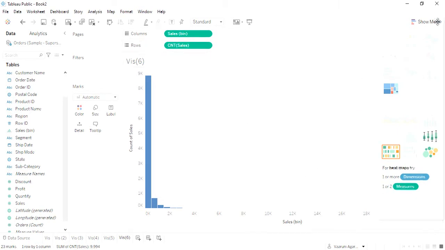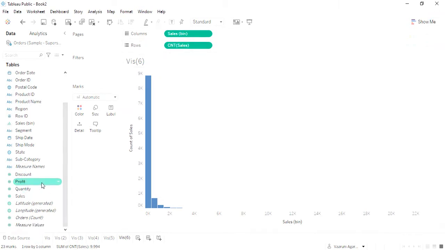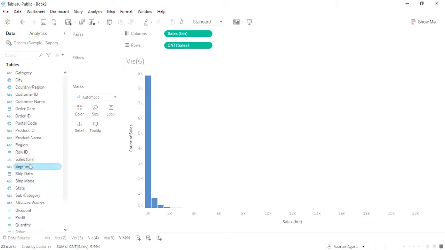Now what is the sales bin? Let me just work with that sales bin. Here you can see this is something called the sales bin that has been generated. Now what is this bin? This tells us what is the distribution of the sales amount. Like you can see, this is the sales bin and this is the count of sales. So this is the bin that we have created. If we just go to this entire view,